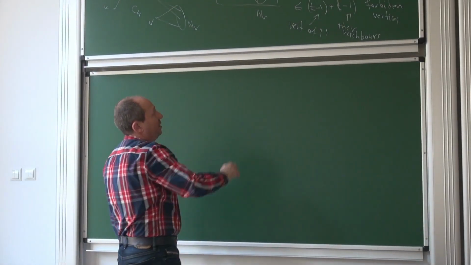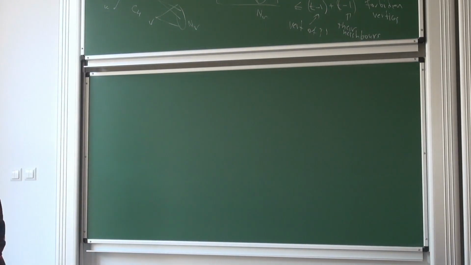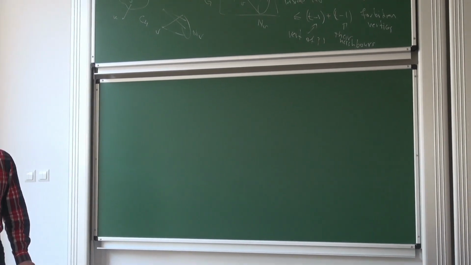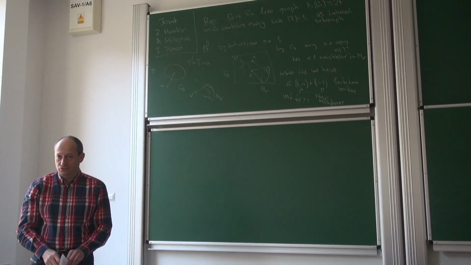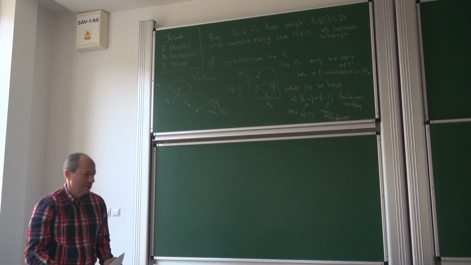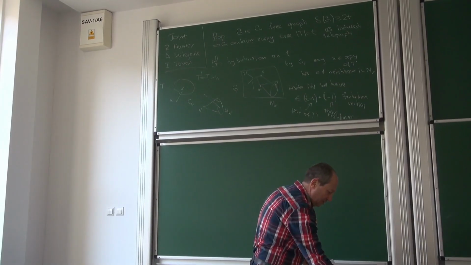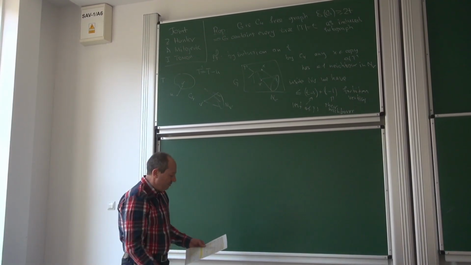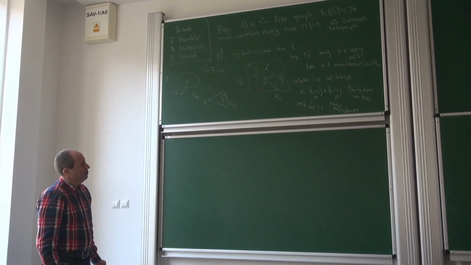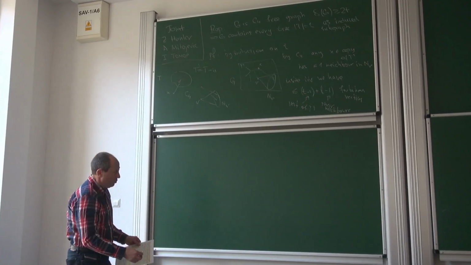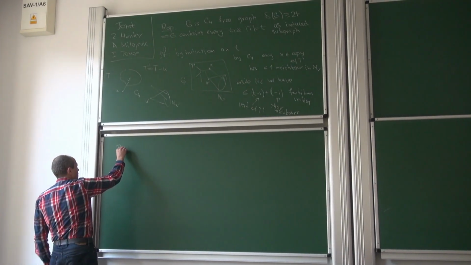And obviously, since my neighborhood is of size 2T, I have a vertex and I can embed it and I get an induced copy of T. Okay? So this is just a simple illustration why having C4-free can be useful. So let me give you a somewhat more substantial theorem